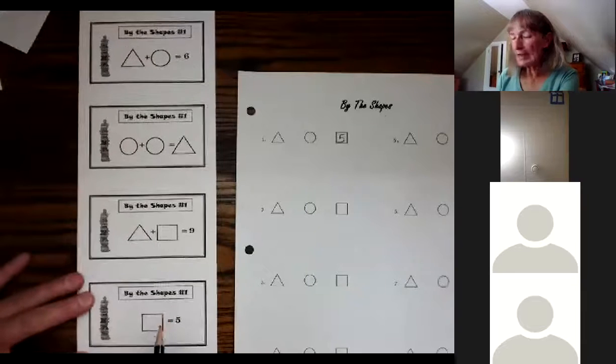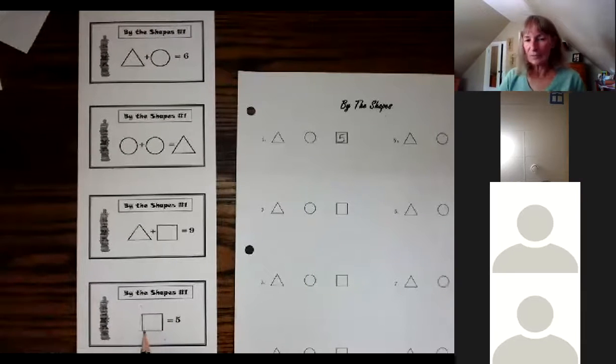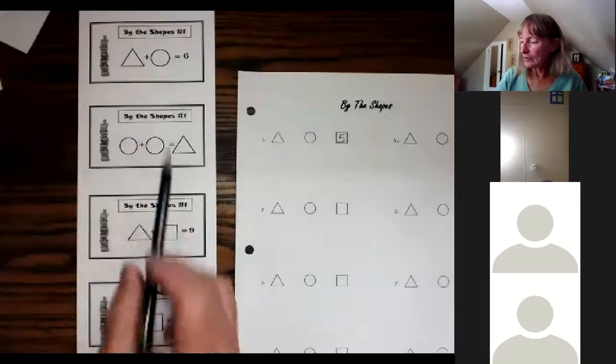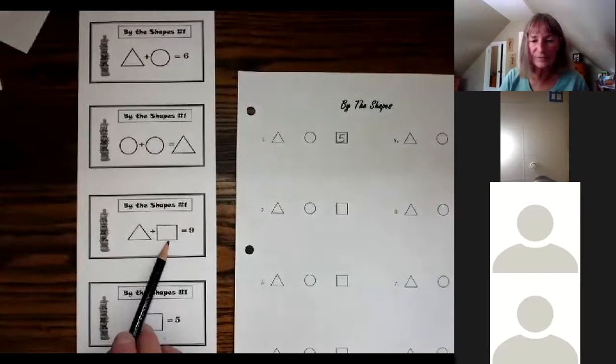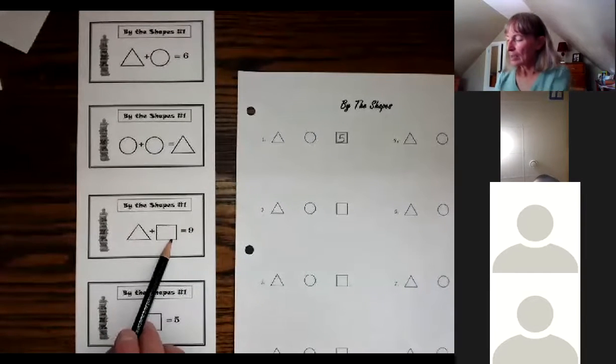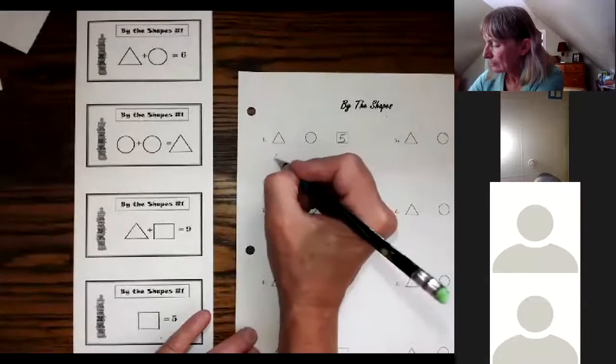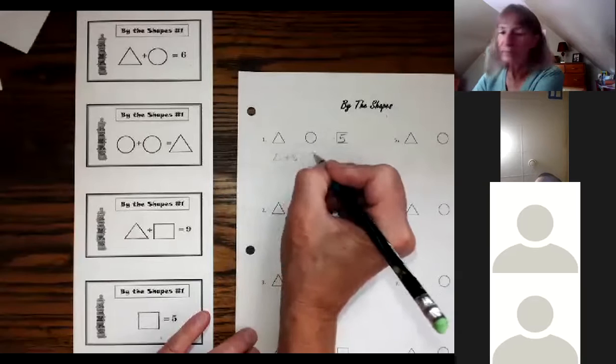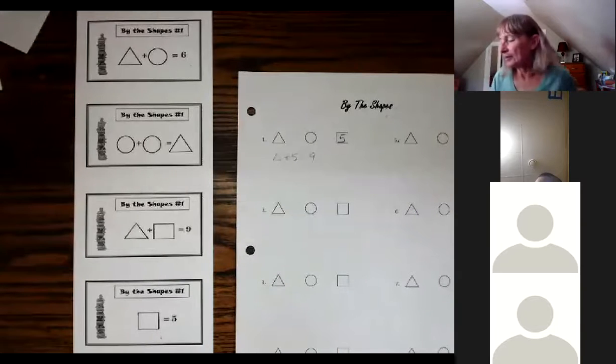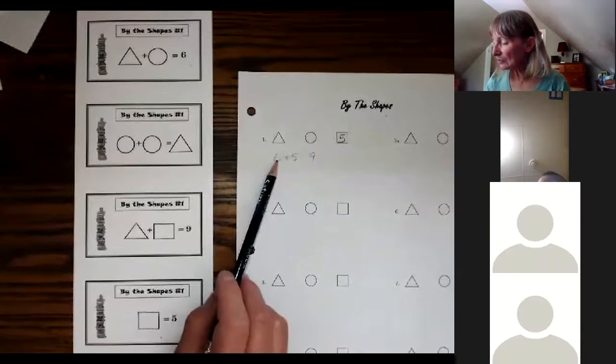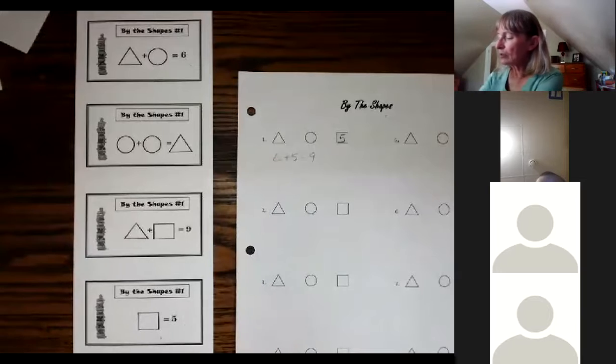Now that I know that the rectangle is 5, I can look for one of these other clues that has a 5 in it. This one right here. So now I know I have triangle plus 5 equals 9. And so I can figure what triangle is. Triangle must equal